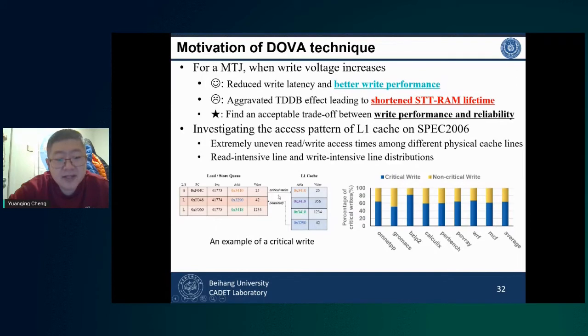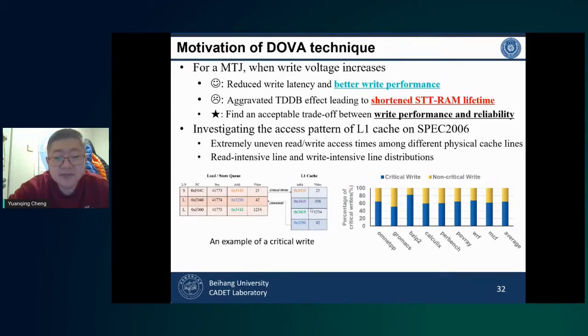Because of the high write latency of STT-MRAM, we have to finish the write operation, and after that, we can deliver the data to the CPU through the read operation. This write operation is defined as the critical write because it stalls the read operation and may degrade the cache access performance, and also may degrade the microprocessor